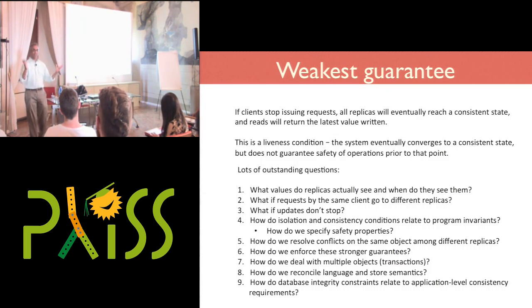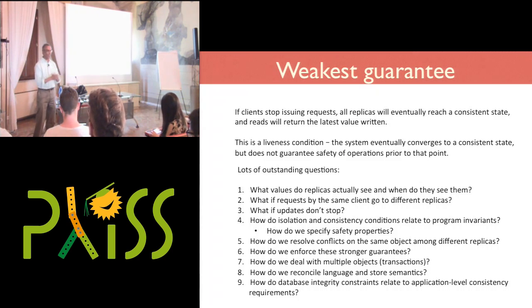What about transactions, right? So far, all of the cartoons that I've drawn had to do with a single object, a single variable, x or y. What happens if I need to think about x and y together? And yet these operations on x and y, even though they need to be viewed semantically as an aggregate, might end up in different places in ways that I have no control over.